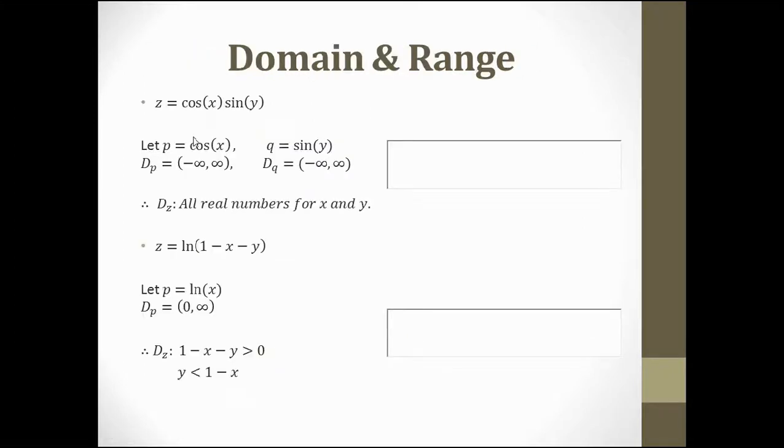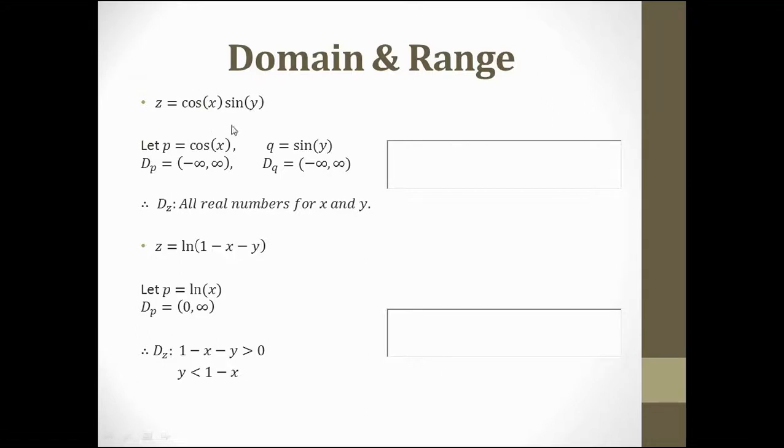So let's figure out the domain and range of the first example, z equals cosine of x multiplied by the sine of y. So what exactly is the domain again? Well, the domain is just the set of all possible x and y values. What do we mean by the set of all x and y values? We just mean, what exactly are the numbers that we could plug into x and y here? Or in other words, what exactly are the numbers that we can plug into here so that this function makes